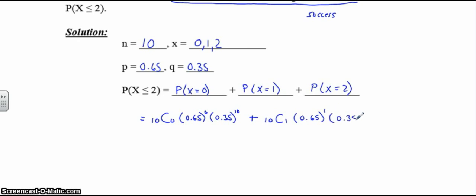Probability of a failure, we want 9 of them. Now to have 2 successes, 10C2. Probability of a success, we want 2 of them, times the probability of a failure, we want 8 of them. And in your calculator, all of that works out to